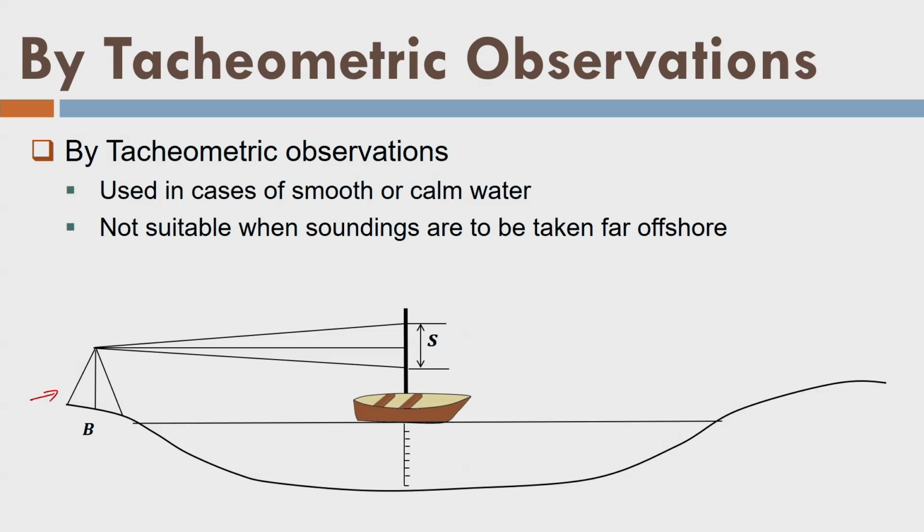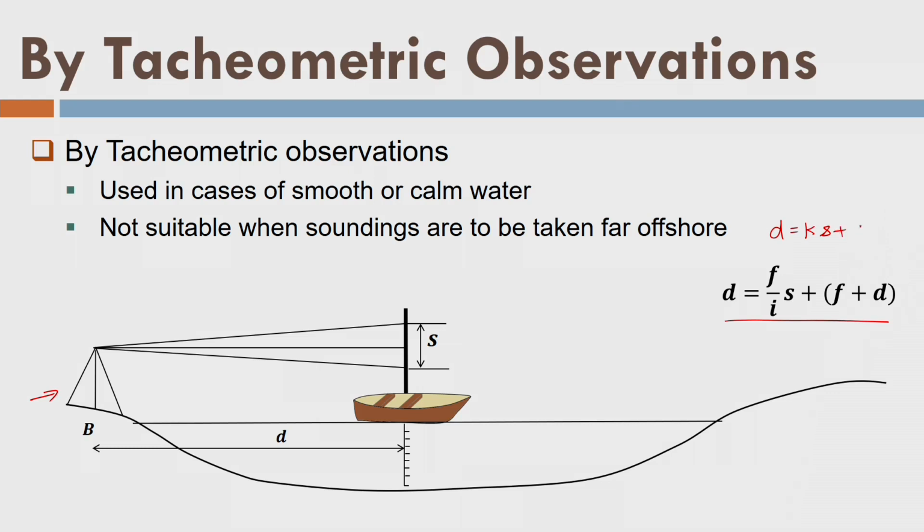So this is my sounding observation. This is the depth d here. This is the distance d. So this is my location of the point. Now what happens is, as we move the boat, this is the formula I use. You remember, d is equal to k s plus c, where this is my s, this is my k and c here. For a calibrated instrument, we know that k equal to 100 and c equal to 0 is always taken. C and k values are decided after the calibration. So in general, these are the values we take.